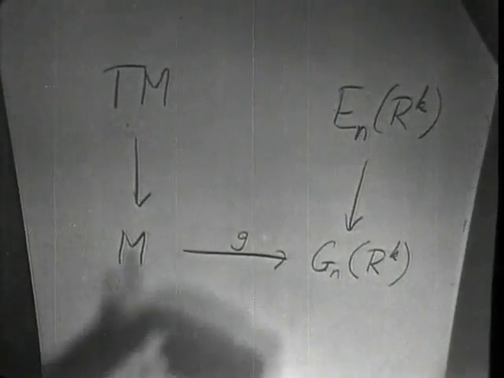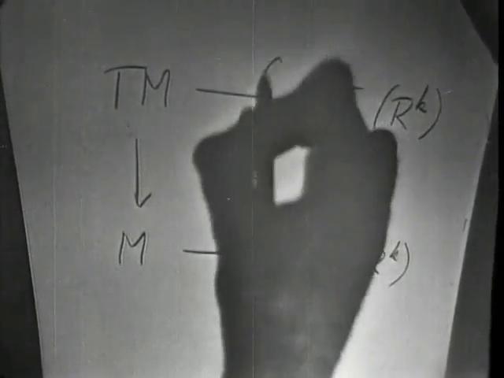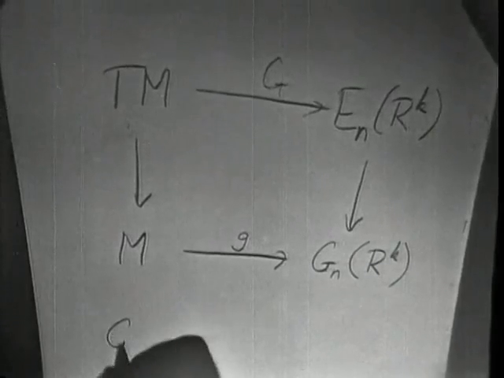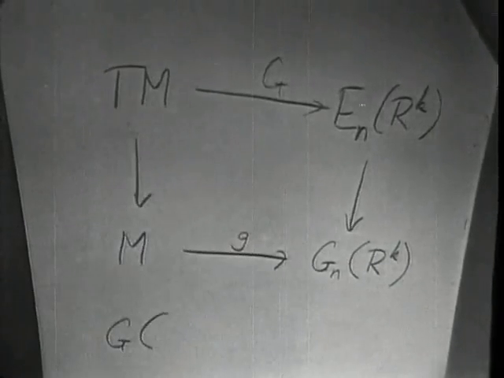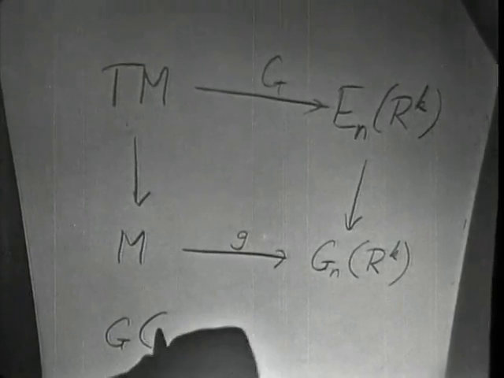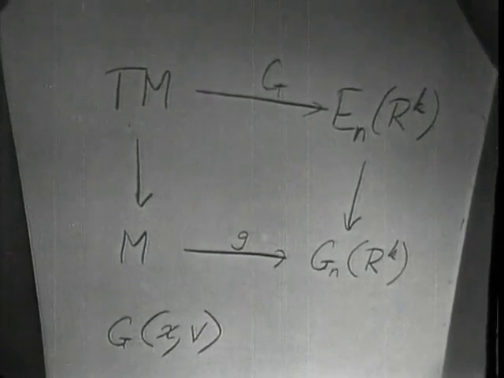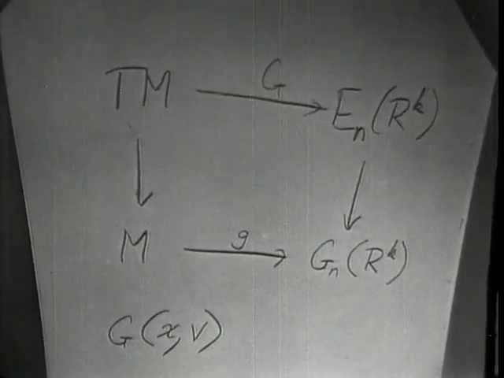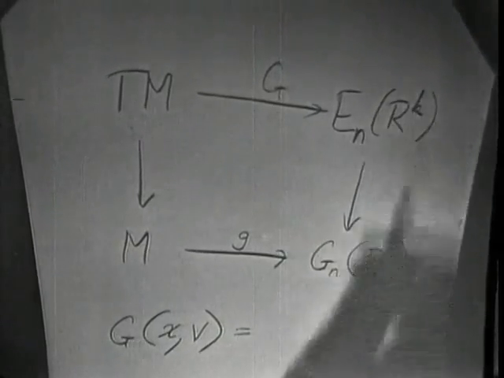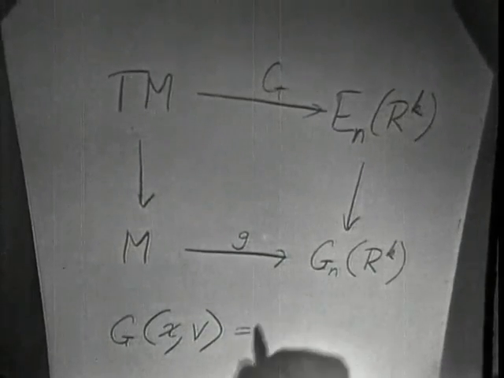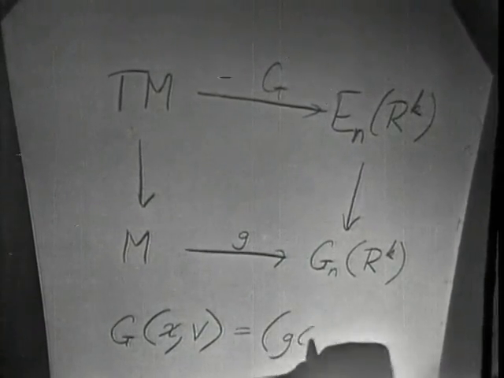And now I claim there's a natural mapping here, which I'll call capital G. Capital G takes a point of the tangent space. Now remember that a point of T of M is a pair consisting of a point of the manifold and a tangent vector at that point. And I map this over to a point here. Now this has to consist of a point in the Grassmann manifold, namely G of X,